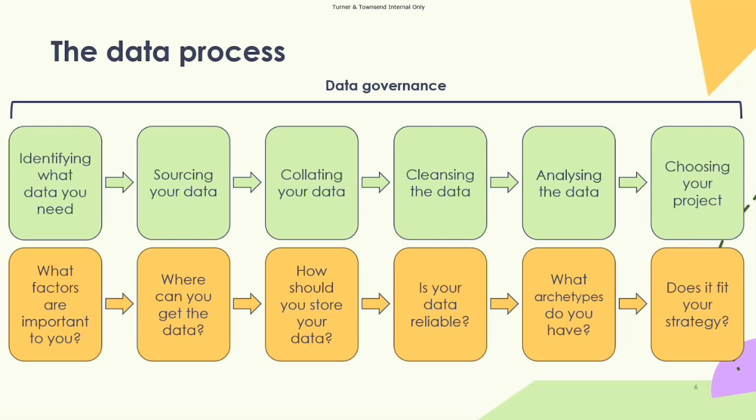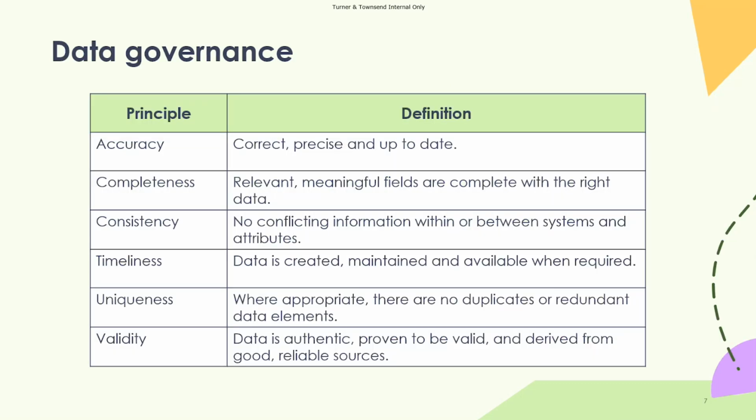And of course, whilst you work through this entire process, it's important to have some kind of data governance process in place, which we're going to delve into very quickly. So any data governance in place should really ideally aim to achieve the 6 data quality dimensions that we've got listed here. So starting with accuracy,